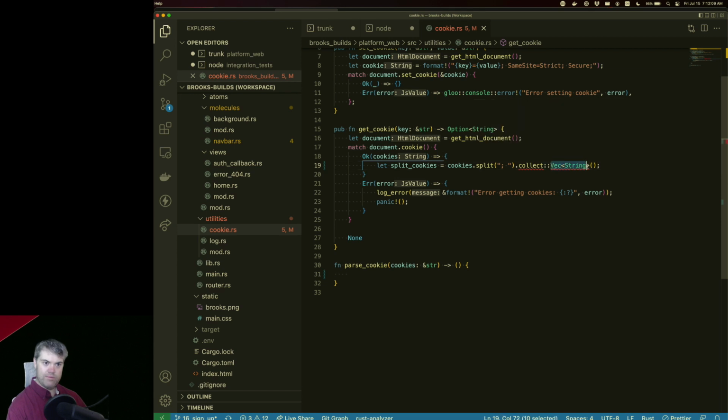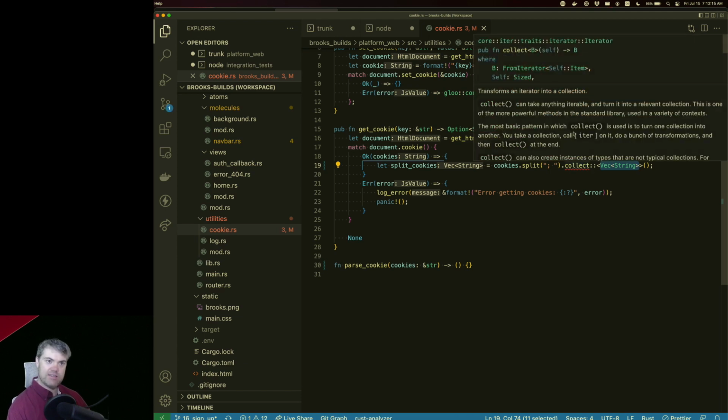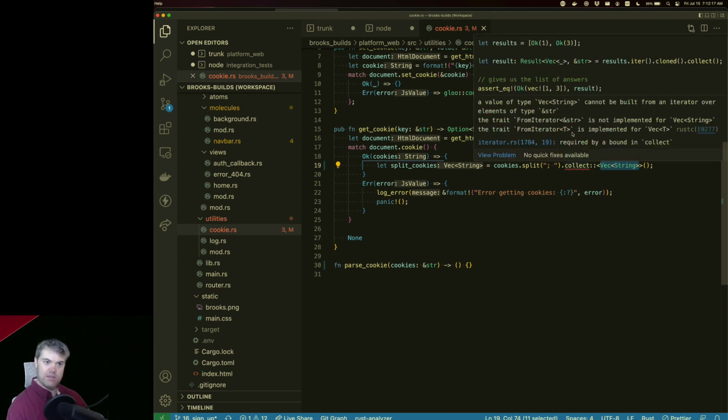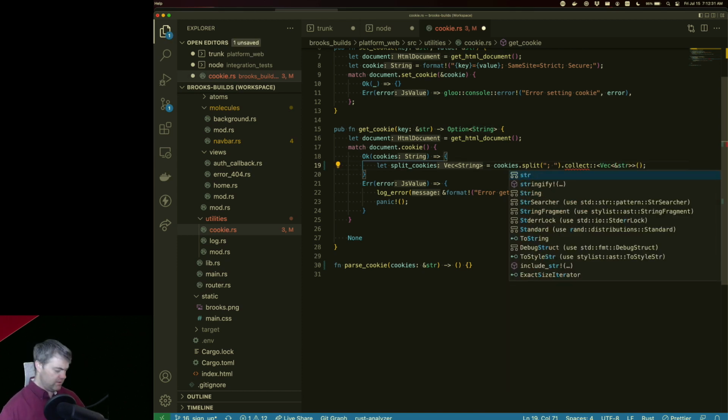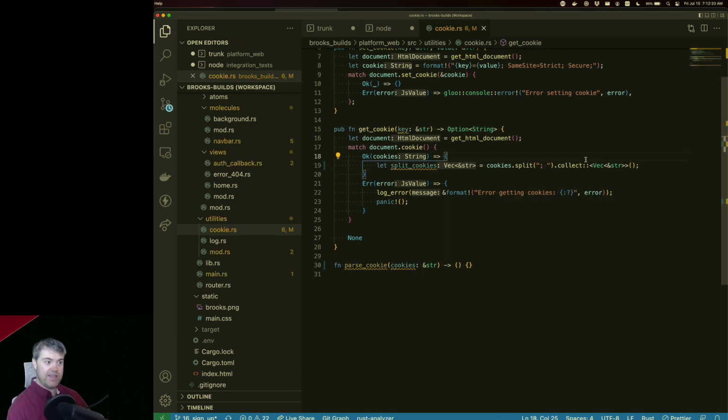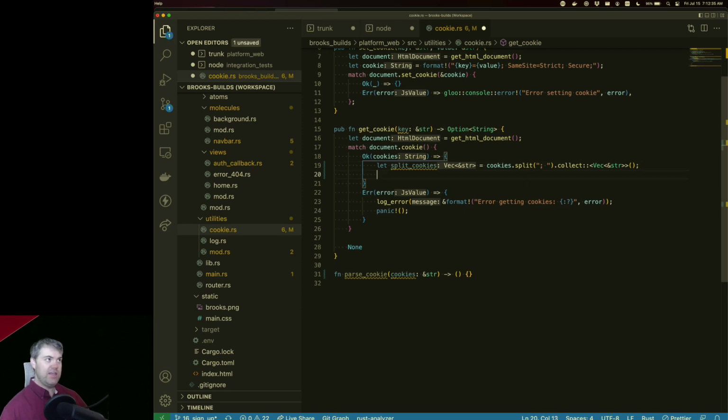Oh, I was thinking, like, what am I missing? That's what I'm missing. Okay, then collect. A value of Vec<String> cannot be built from an iterator over elements of type &str. Can I make this a String? I can. Okay, so then in here we will glue